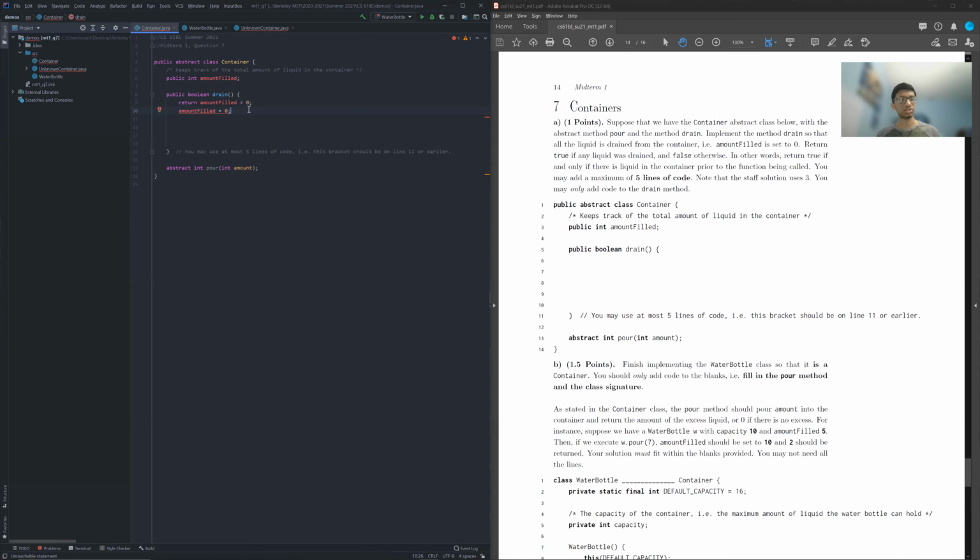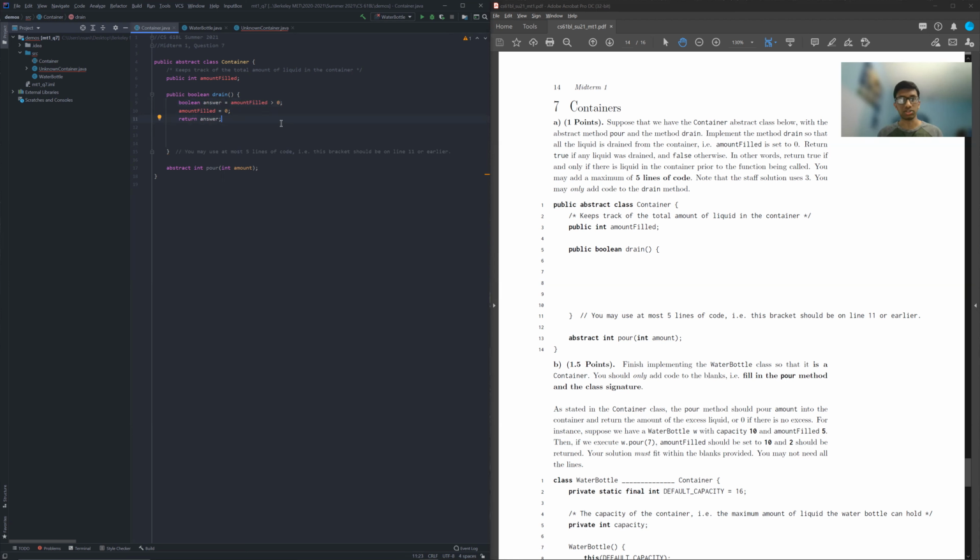And the trick is to store this, right? Make an observation as to whether or not the container had any liquid, then drain it, and then return from the method. So there's like 3 parts to it. And I guess the fix is I'm going to go ahead and create a Boolean variable. Let's call this answer. And then I'm going to return answer. And that completes part A.